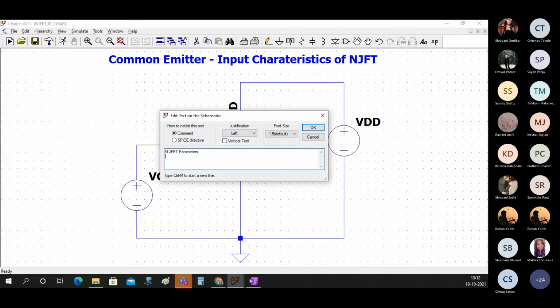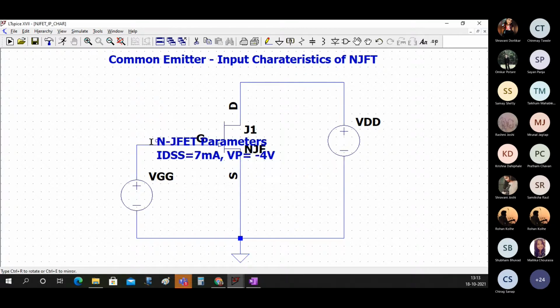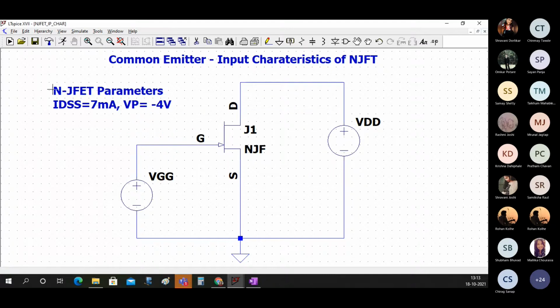Let's say IDSS is equal to 7 milliamperes and VP equal to minus 4 volts. If I want to give something like this to the NJFET, then how do I give it?